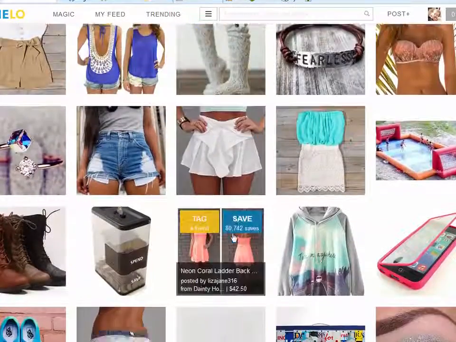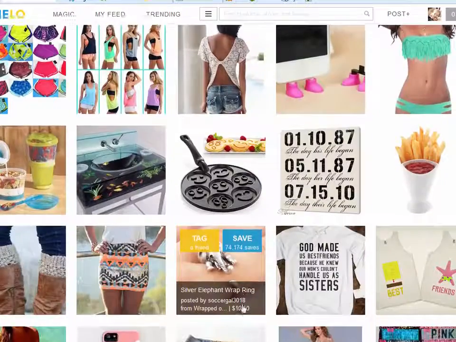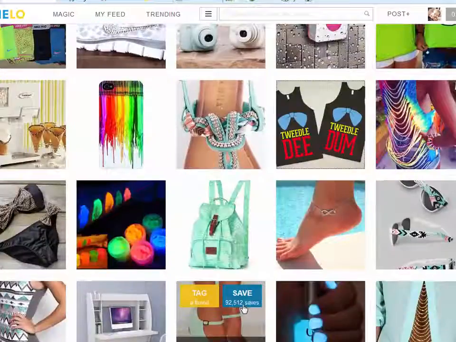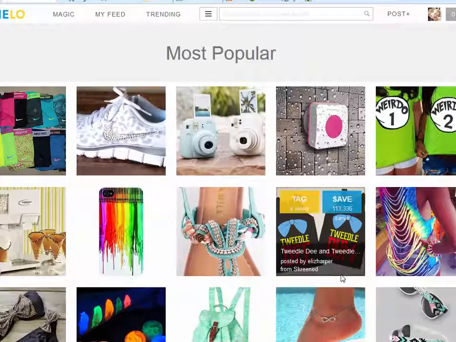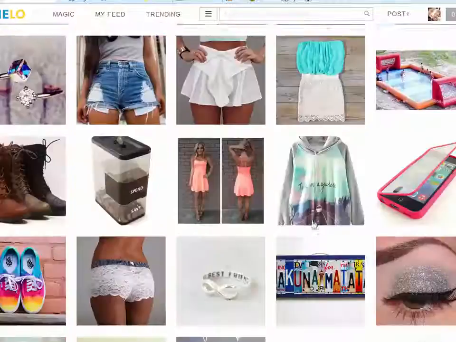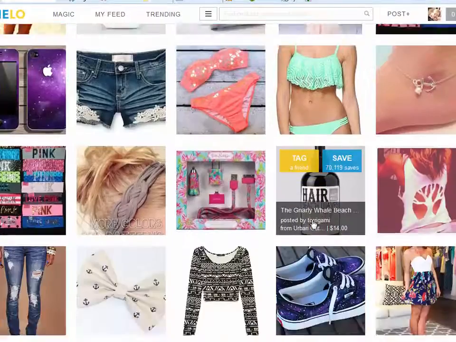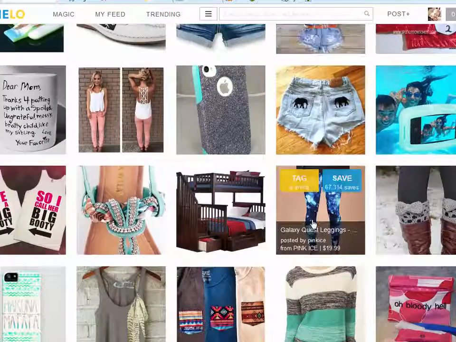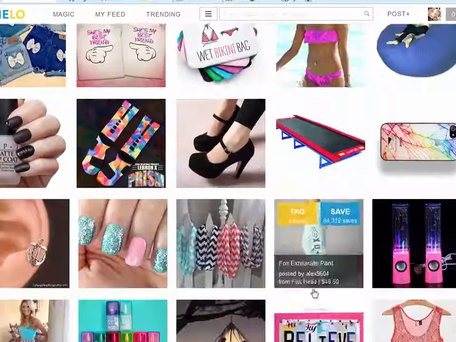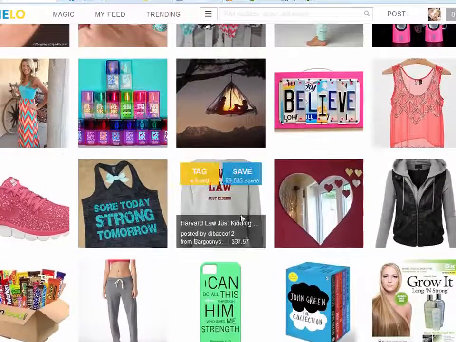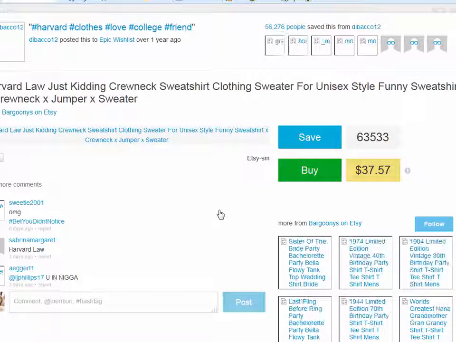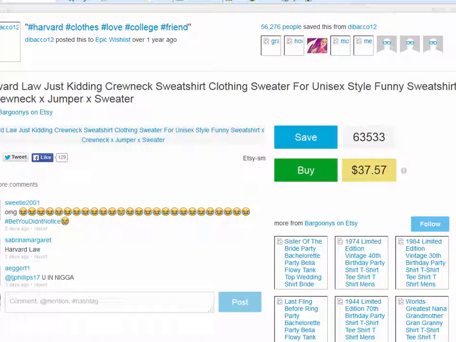So this is a great site that I go to all the time to take a look at what's selling. And what's cool, if you go up to the top here, sorry, not what's selling, but what people really want to buy, I should say. Let's say we click on a shirt. The first one we see here could possibly be used on Teespring in a campaign. Here we go. Harvard Law, just kidding. So if you click on that, what's really cool about Wanelo, it'll show you